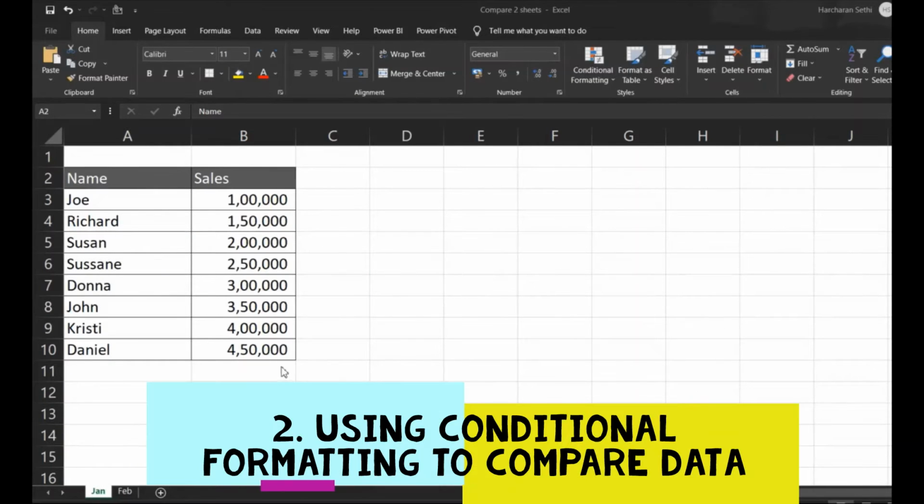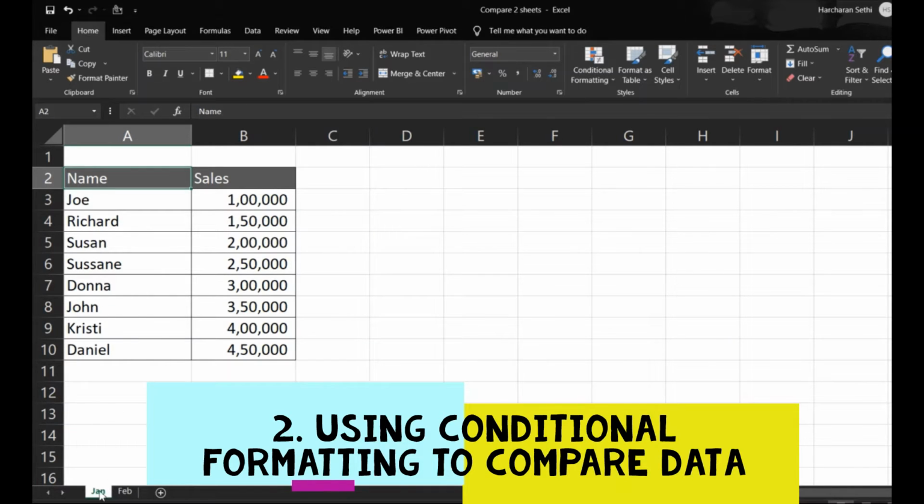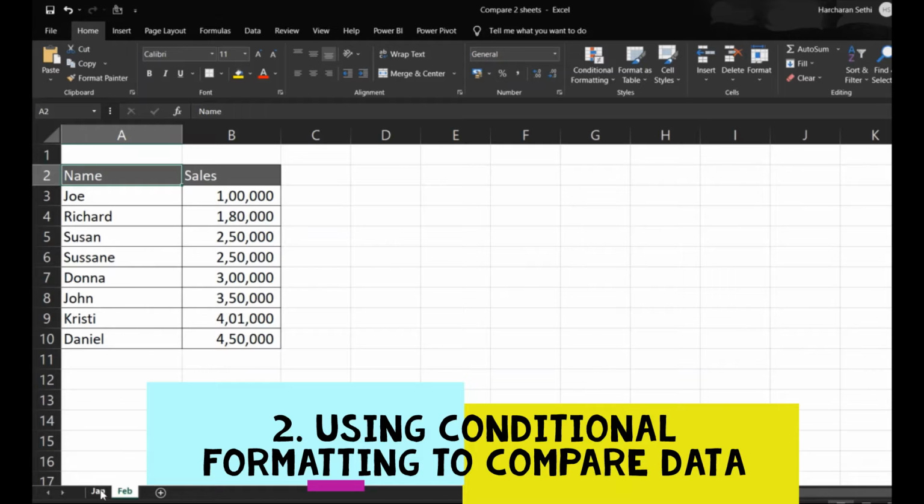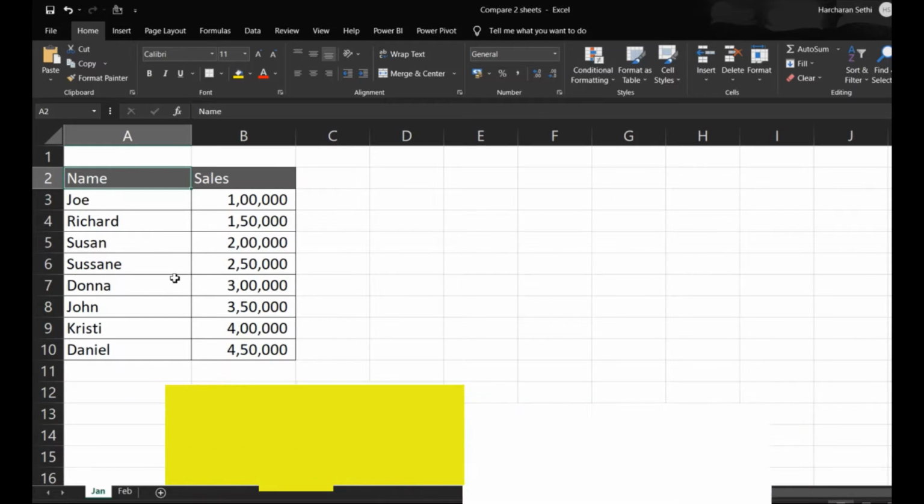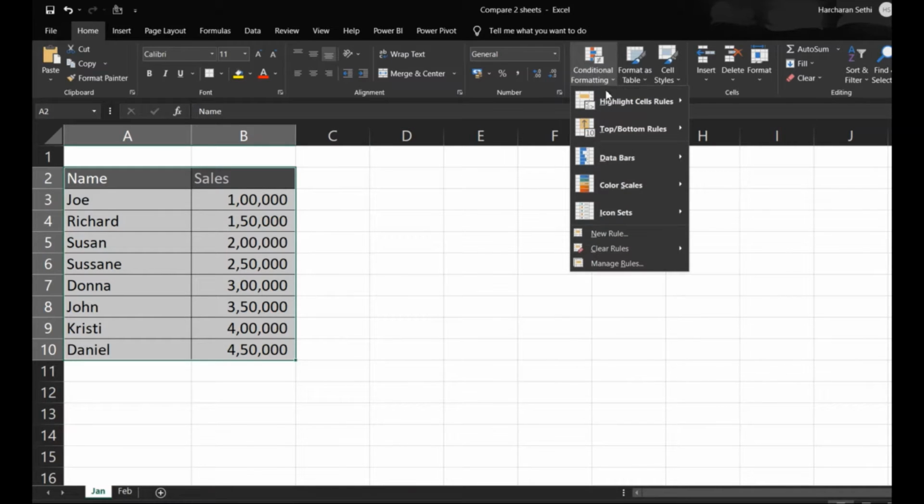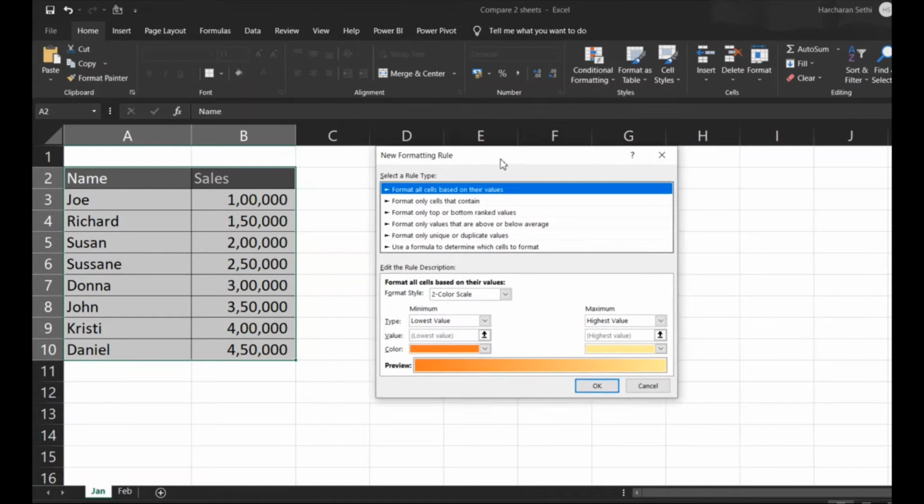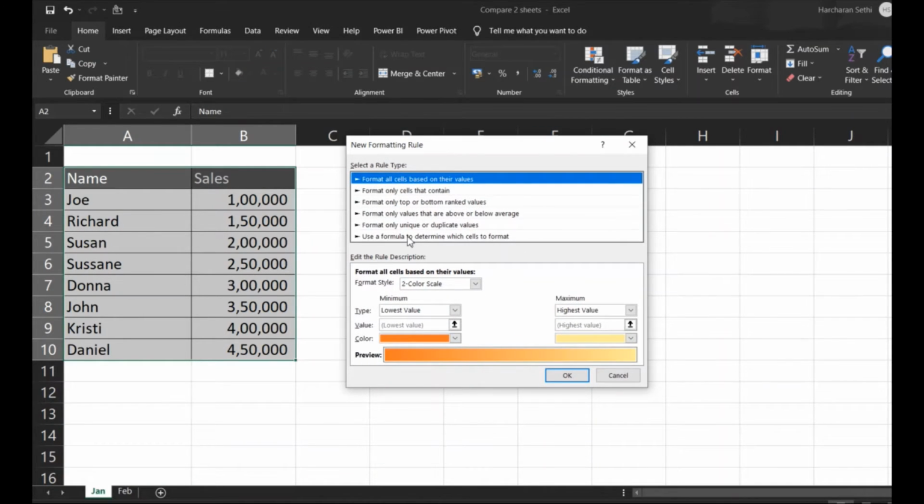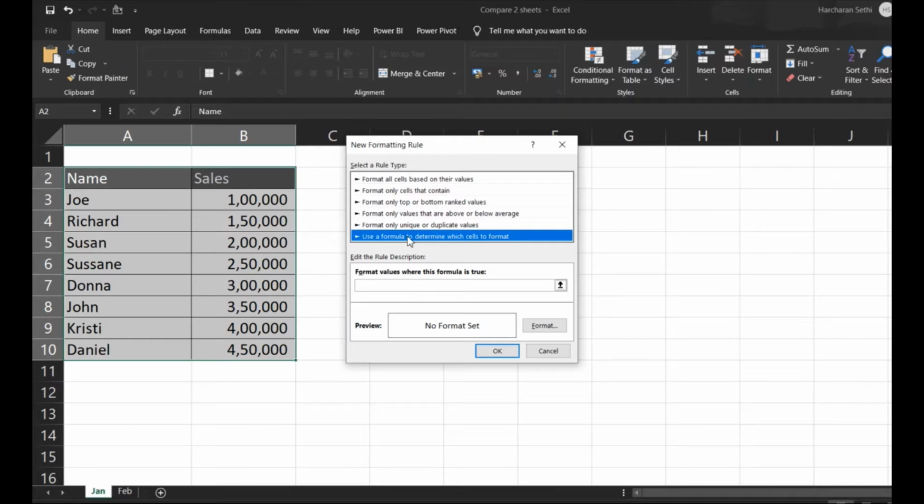Another option for comparing two different worksheets having data, like we have here one sheet for Jan, the other one for Feb sales, is conditional formatting. So we need to select the Jan data, go to conditional formatting, click on this option which says new rule. This window pops up. Go to this option which says use a formula to determine which cells to format. Click here, enter the formula which is equal to